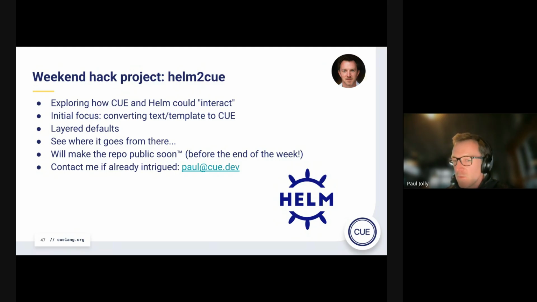If somebody has a load of Helm charts, or more generally a whole load of text templates, how can you potentially migrate from that to Q? So this is a first principles attempt to convert a text template based system, of which Helm is just one, into something that is Q-based. Then it looks at how systems like Helm and others tackle things like defaults, and tries to understand more about those ecosystems, and therefore what it would look like to help folks migrate and/or validate existing systems using Q. I did not manage to make that repo public before today.